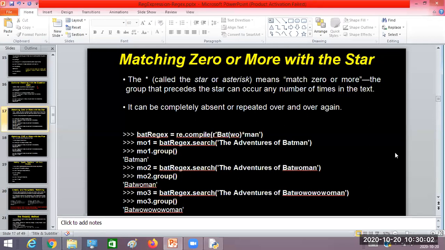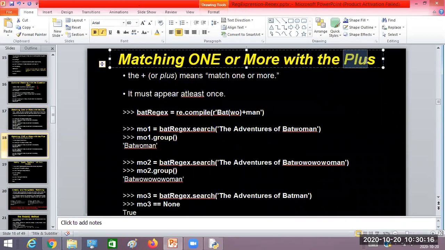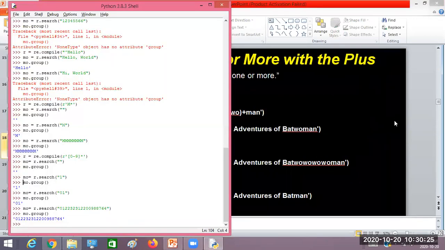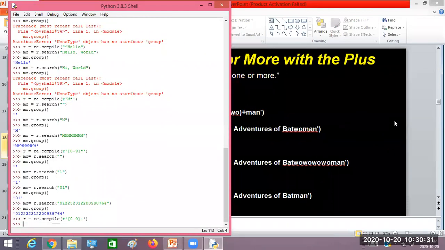Likewise, if I want at least 1 occurrence, a minimum of 1 occurrence should be there, or more than 1, then for that you can go with another symbol called plus. The plus symbol is basically to match 1 or more occurrences. In place of star, if I put plus here, then it is nothing but 1 or more occurrences of a digit, because the previous pattern here is a digit.